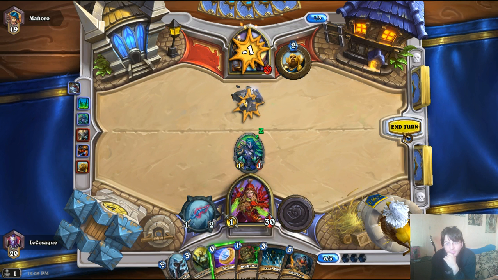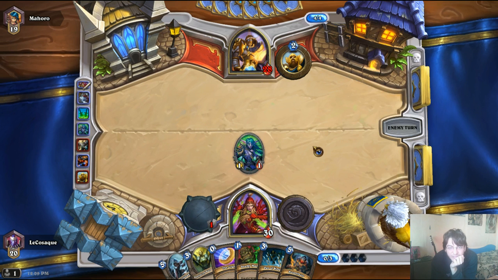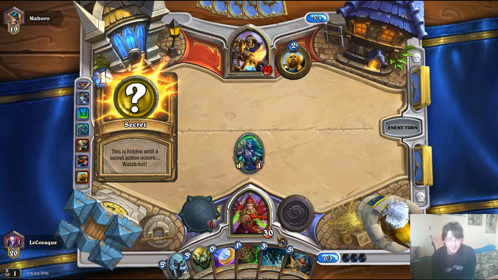let's start doing some damage to him. I'm tired of just responding. Apparently he plays a small fast-paced deck. For some reason he just doesn't have the pace he wants right now. I was thinking about playing a Rogue with spell power, but I actually don't have the cards to do that, so